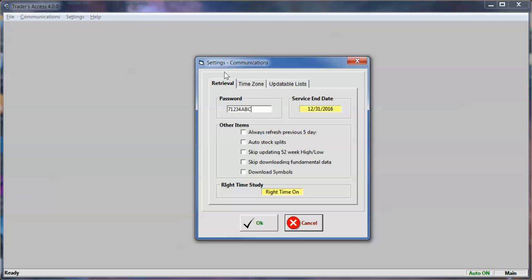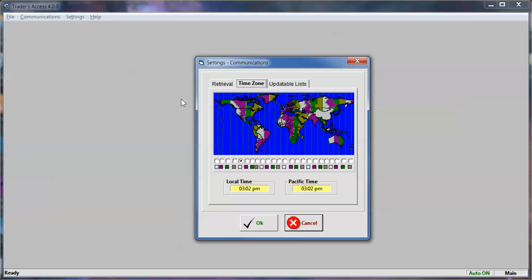Okay, the next thing you want to do is go to your time zone. This is for retrieval purposes only. For instance, I'm in California. I'm in this particular time zone, which is the gray one right here, which happens to be Pacific. If you're on the East Coast, put in the green one, which is right about here. If you're in Russia, do whatever you need to do. After doing this,